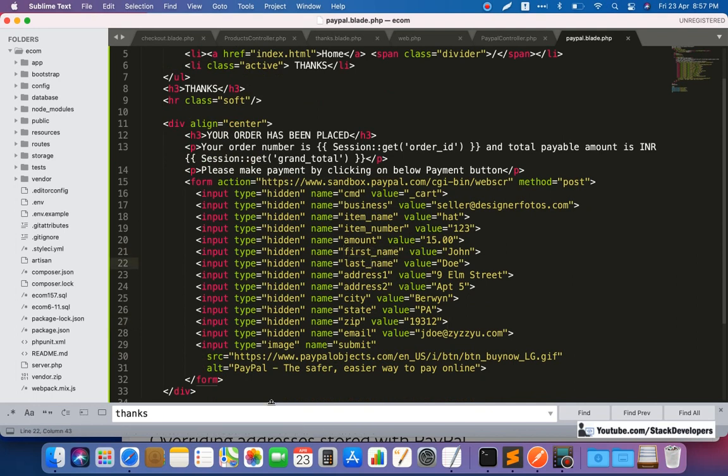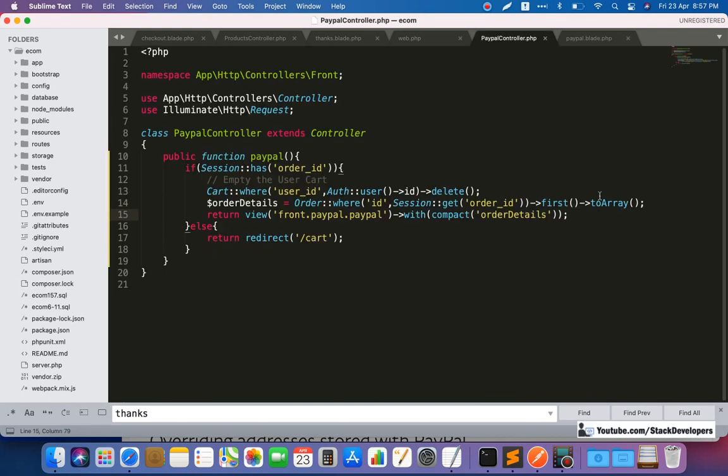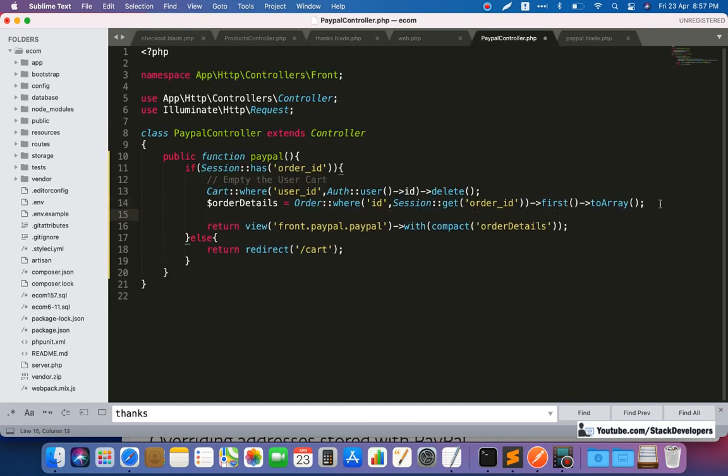name. Okay, so we have the name only, so we will explode the name and then we will send. Okay, from the order details, we will create the name variable like $name equal to explode. We are going to explode the name that we are getting there in the order details. So every time a space comes, we are going to split it like this. Okay, so this name we are going to send.